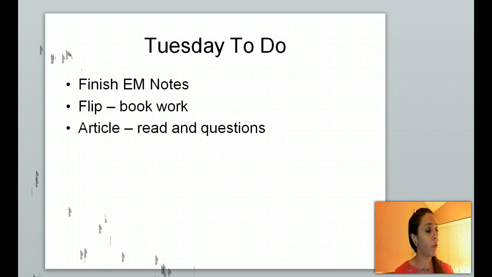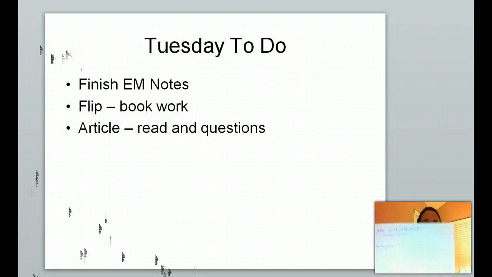I want you to go ahead and flip it over. On the back, you have your directions on what you need to do in the book. The books are located above Station 3. Third period, if you wouldn't mind getting out the books, you can keep them on the desk. Fourth period, please put them away at the end of class. On the back, you have this worksheet right here. It says the EM spectrum.